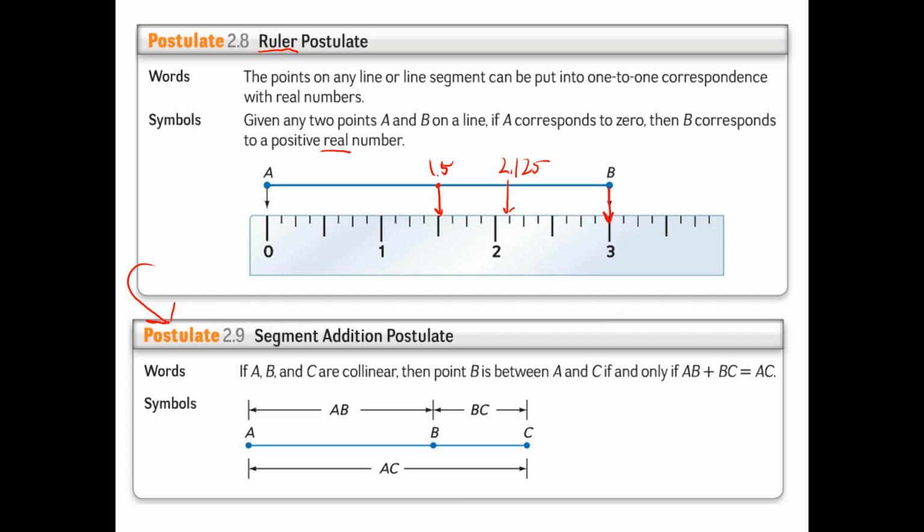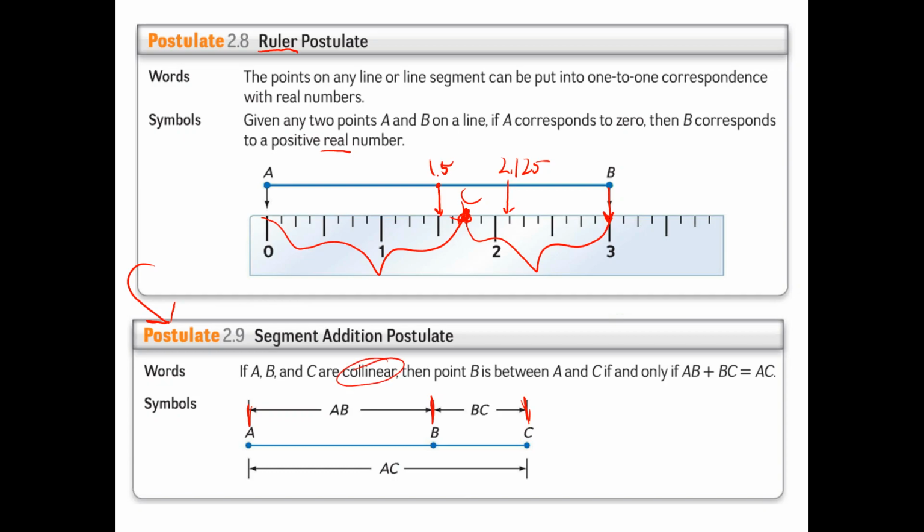You see, this distance here from A to B has a distance. The distance from B to C has a distance. And since they're essentially just adding up 2 sections on a ruler, by adding up this distance from A to C plus from C to B, the left plus the right gives me the whole thing. So the segment addition postulate is going to be invoked anytime that I have 3 collinear points,